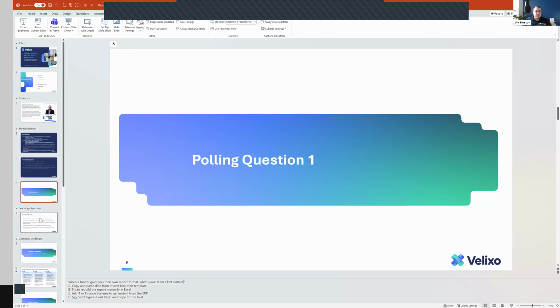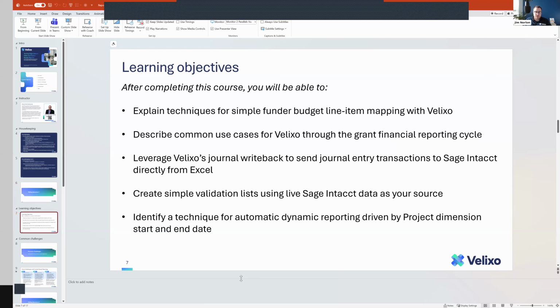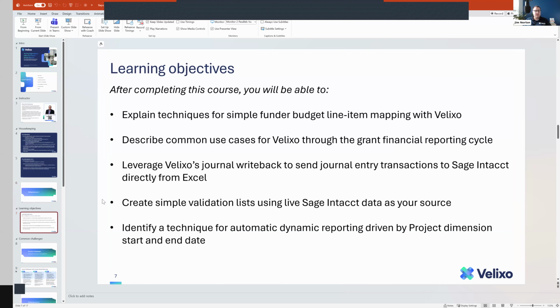Great. So learning objectives for this session. As this is CPE, we have to have learning objectives, right? So these are our learning objectives. I won't reread them. They were in the program description, but these are all the things that we are going to cover in this first part of the course. A lot of this focuses around being able to do mapping to funder-specific templates or unique structures that you're not going to typically be able to do in any accounting system or ERP. We do cover a little bit of write back. We also talk about data validation.